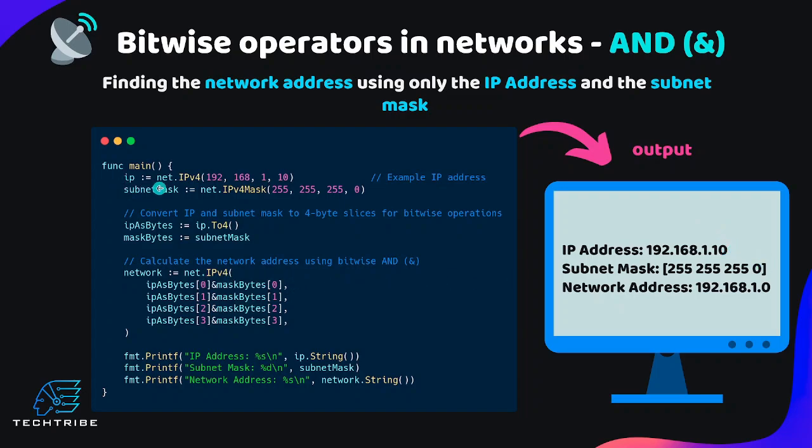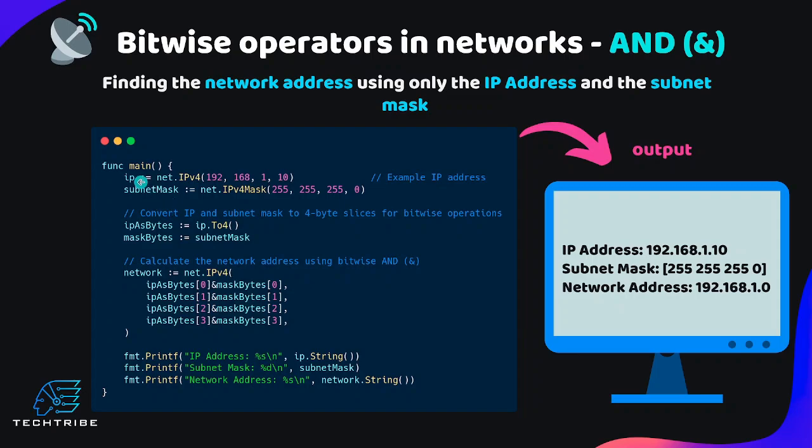So right here we have a net.IPv4 address. You can import the net package from Golang. And one great thing about the net package is that you also have an IPv4Mask method inside the package, which is awesome. So we convert the IP and the subnet mask to 4-byte slices to perform the bitwise operations